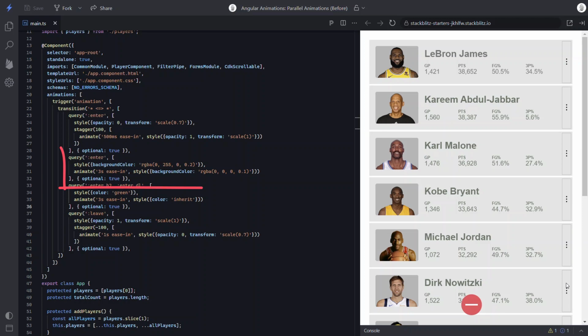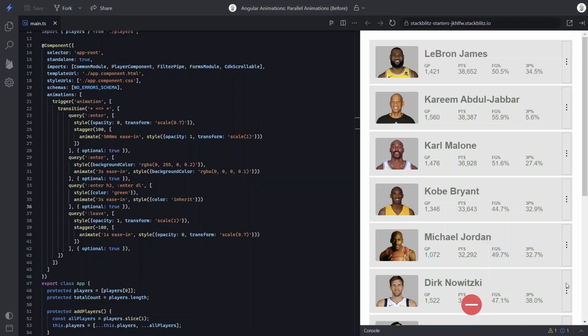Then, as soon as it completes, the second animation runs, which changes the background color over 3 seconds. Finally, after that animation completes, 3.5 seconds in, the text color animation starts. So essentially, each animation is blocked by the previous animation step. In this case, this is no good. We need them to all animate at the same time, and this is where the Angular Animations group method comes